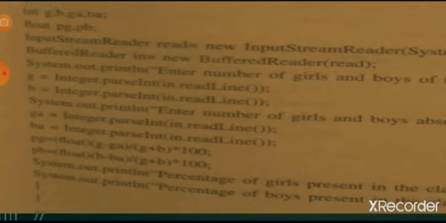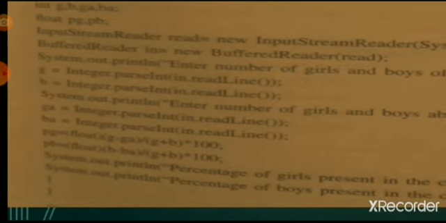Okay. So next we have to use the formula for calculation of percentage. The result is wanted in decimal, so here typecasting is used, float in brackets.